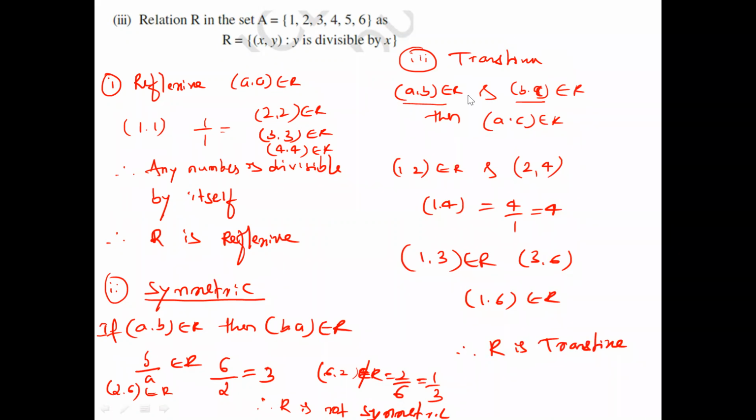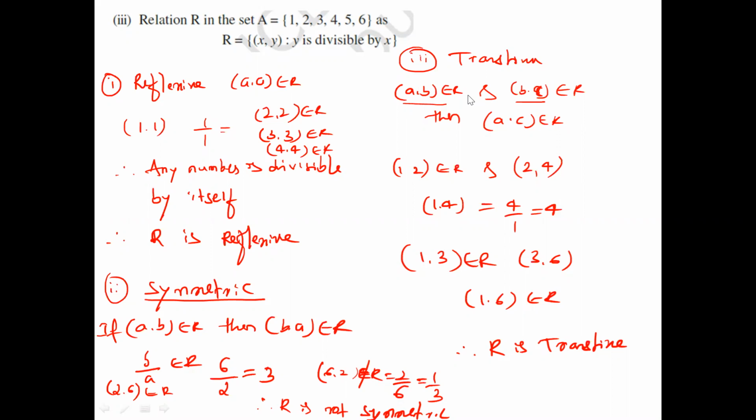Yes, so try to understand this one. Most of the students are getting confused about symmetric, transitive, and reflexive. Symmetric means first (a, b) should be satisfied, and only then do you go to (b, a). Don't go directly to (b, a). First check that (a, b) satisfies the condition in the given relation. For example, here y by x means that y by x should satisfy the (a, b) condition first. Then only you go to (b, a).